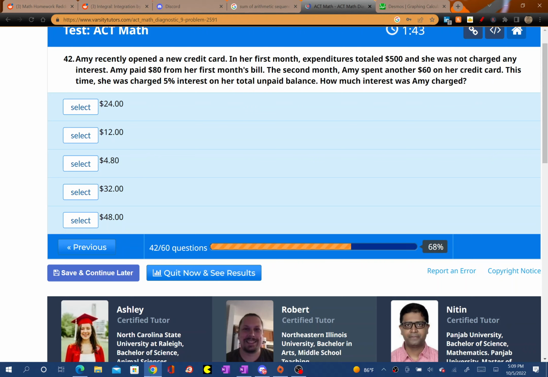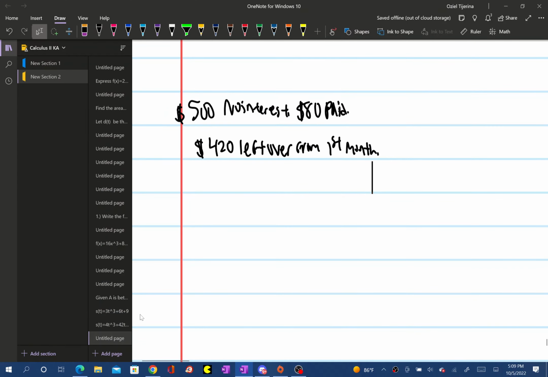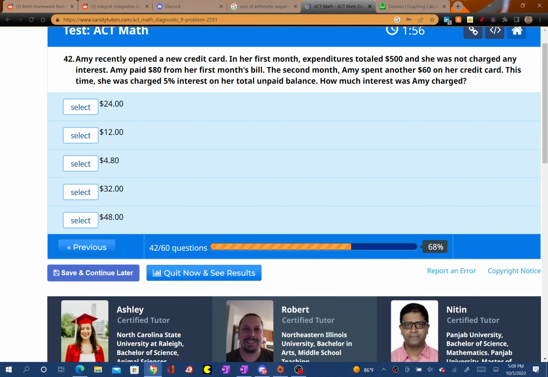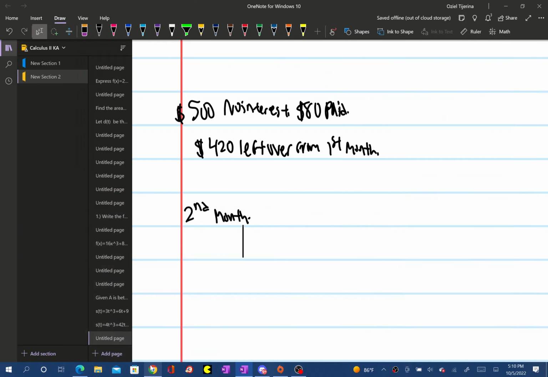her credit card. But so the second month she spent yet another 60, right? Because it says her expenditures totaled $500. She was not charged interest. She paid $80 from her first month's bill. The second month, she spent another 60 on her credit card. But she was charged 5% interest on her total unpaid balance. So I think, oh my goodness. Okay, so